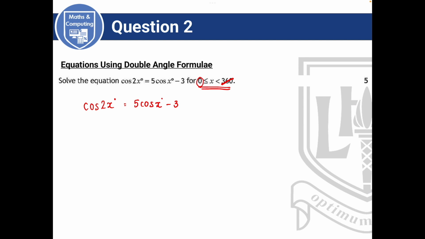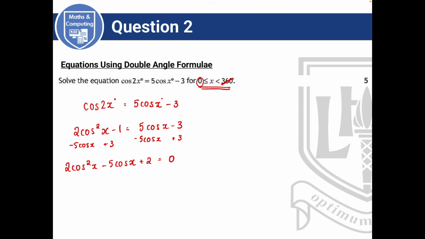Okay, so let's rearrange this formula. Now I'm going to, again, substitute in for cos of 2x, and you can see here on the right-hand side that I only have cos's, so I'm just going to sub in that same one that I used for the first question, so I don't have any sines involved in the question. Okay, I'm going to collect everything over onto the left-hand side now, so I'm going to do my opposite operations. Okay, and that's going to give me 2 cos squared x minus 5 cos x